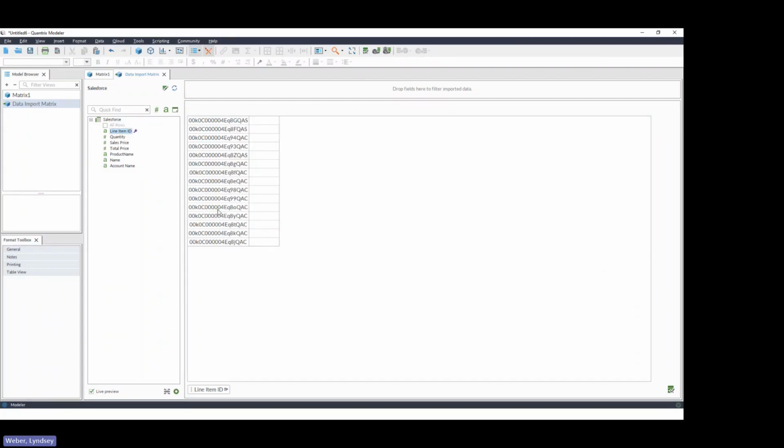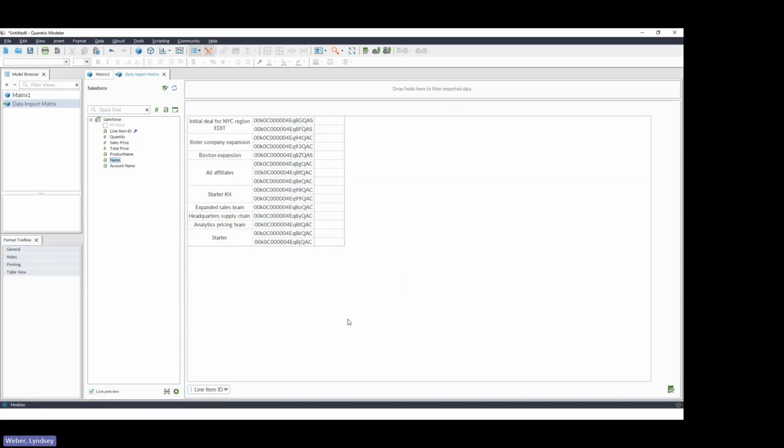And of course, what you will notice here is this is not super lovely looking. This is a primary key that Salesforce generates, but we're going to use this because this is kind of the secret ingredient that we need in order to accomplish our write back. So I'm going to bring this in, and this will make a little bit more sense as we move along here. So next up, I'm going to group these line item IDs,